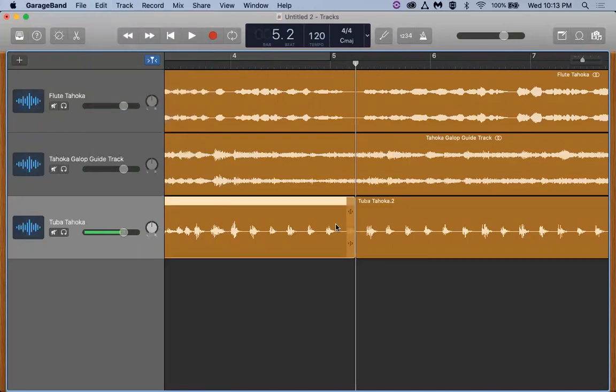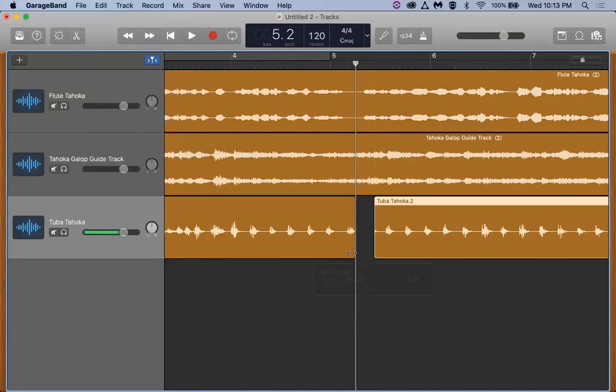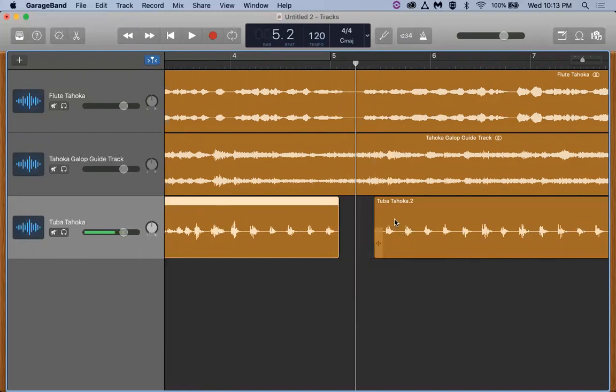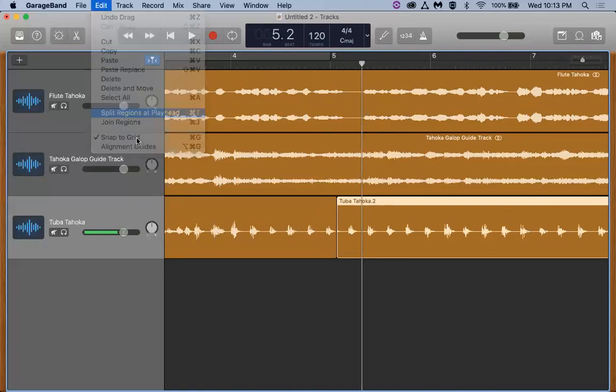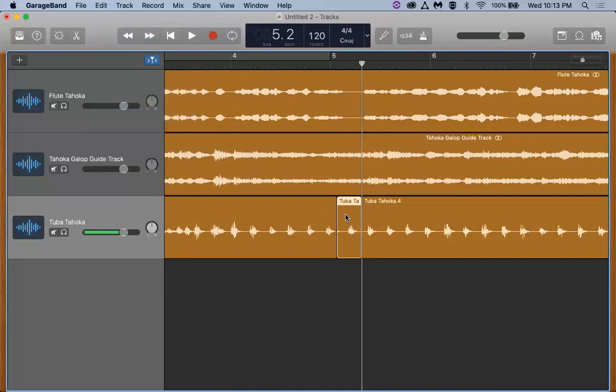And now I've split that there. I can move this, I can drag it earlier. If I want to take something out, I can split something twice. So you see two different splits, and then I can just simply hit delete to remove the part that maybe didn't sound good, maybe was the wrong note, maybe just didn't blend with the rest of the ensemble. So that is GarageBand,